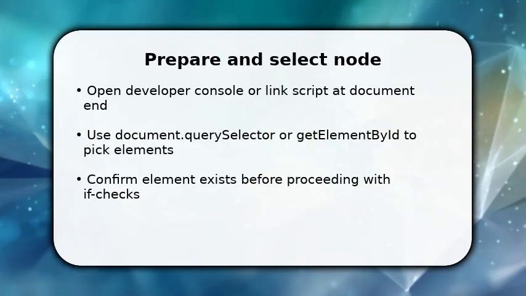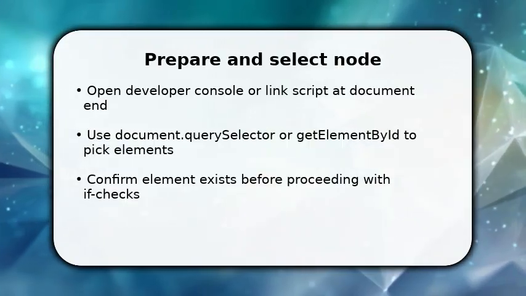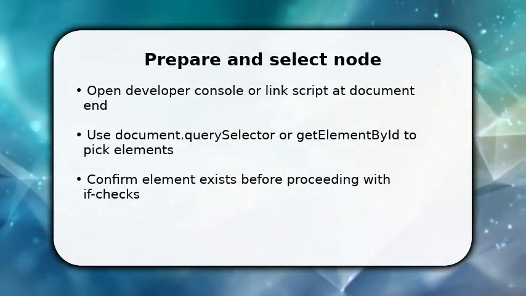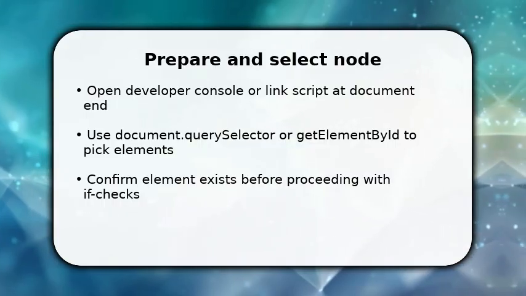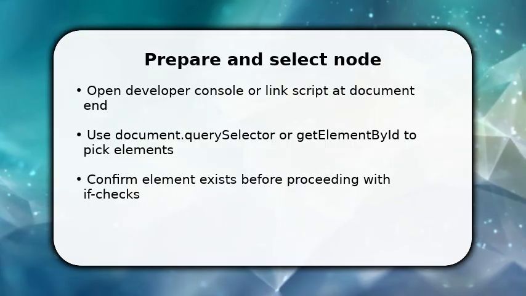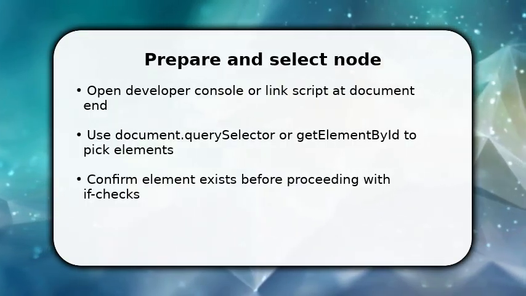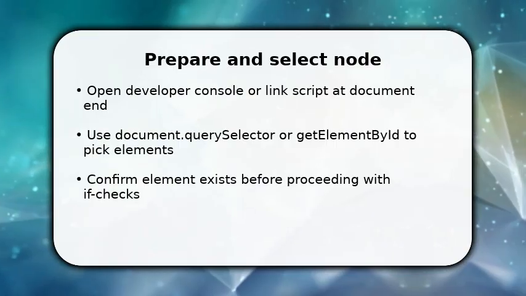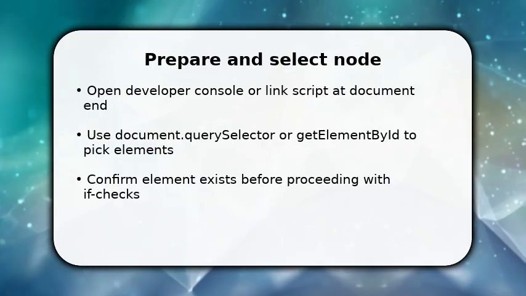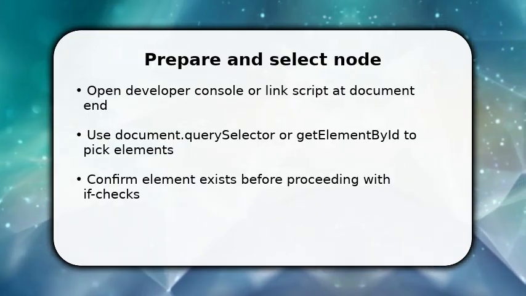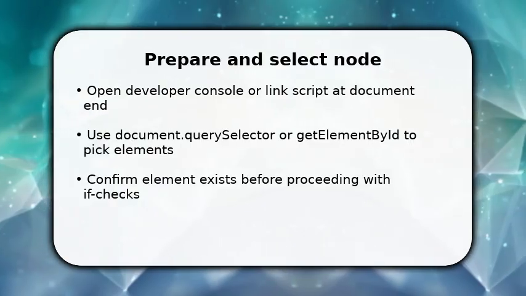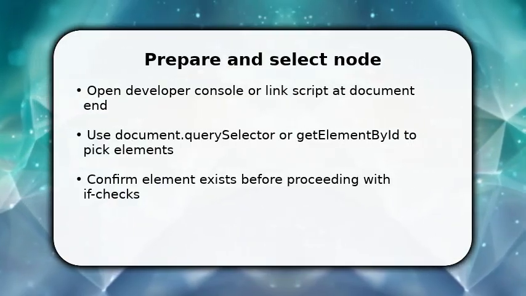Enjoy the video. You start by choosing the exact node you will control. Use document.querySelector or getElementById and assign it to a variable. Once selected, immediately check for null so your code doesn't crash in older browsers or odd DOM states. Make sure to run this after the element is parsed. Place scripts at the end of body or wrap in DOMContentLoaded. Doing this first prevents wasted work later and ensures subsequent DOM methods operate on an actual element, not an undefined